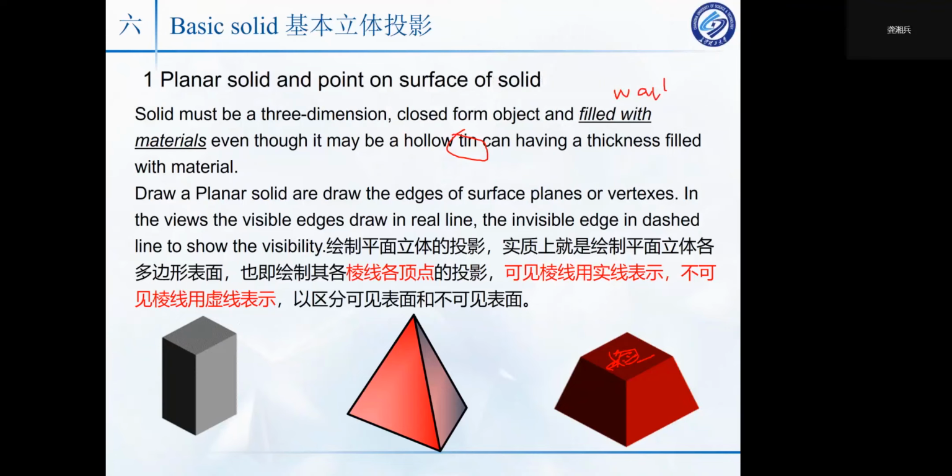Here, draw a planar solid by drawing the edges. You can see here, how many edges? 1, 2, 3, 4. Four edges, and then four. There is four around here, and then at the bottom there is four, so it's 12